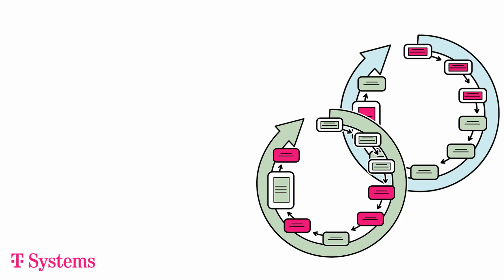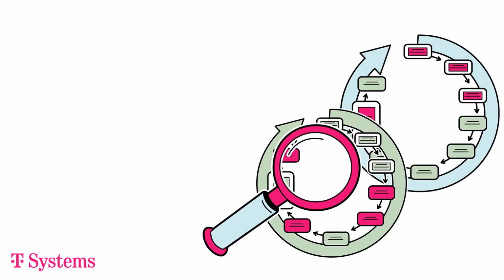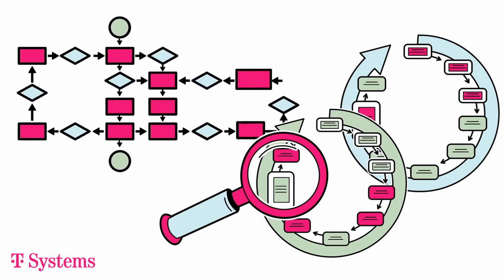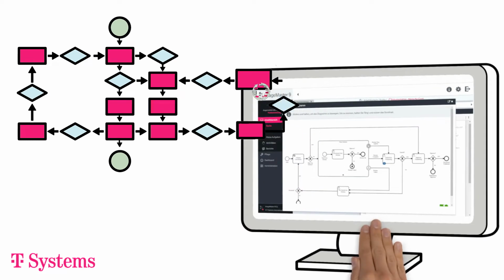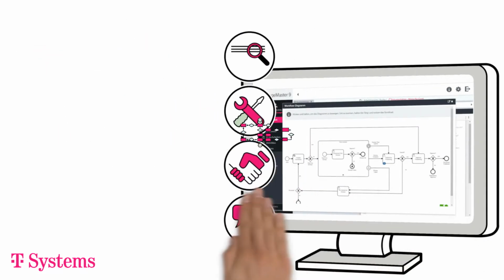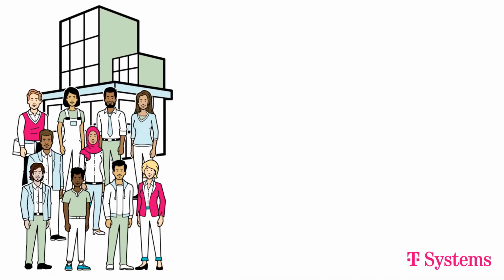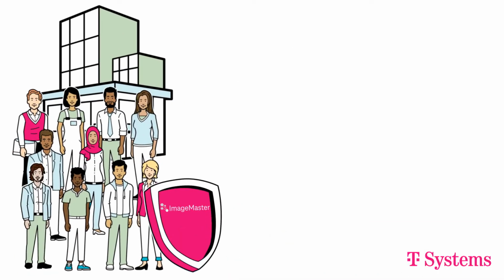Years ago, John and T-Systems identified the relevant processes in the company and modeled them in workshops using Business Process Model and Notation, short BPMN. These processes were then implemented in the ECM software ImageMaster. As it was possible to use the ImageMaster client, with all its features that was already in operation back then, the whole process was both quick and inexpensive. And ImageMaster has been indispensable in John's company ever since.